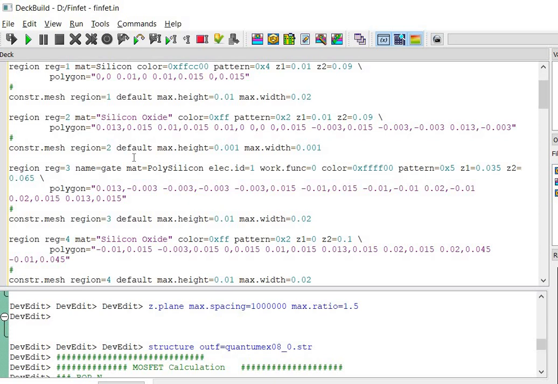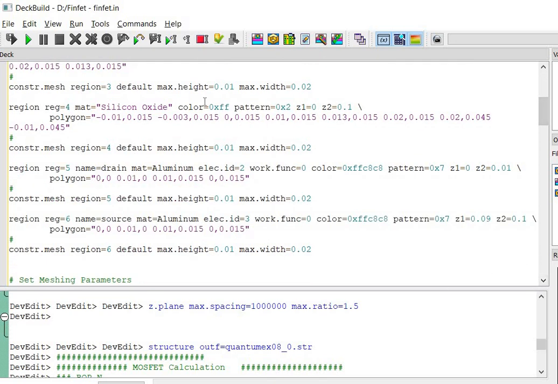Polysilicon we are using with their color and the pattern with their dimensions, also with the help of polygon vector. Now the constraint command is applied to region 3 with the default and the maximum height and the maximum width. Next, region number 4, having the material silicon dioxide with their color and the pattern with the polygon vector. Constraint command is applied to